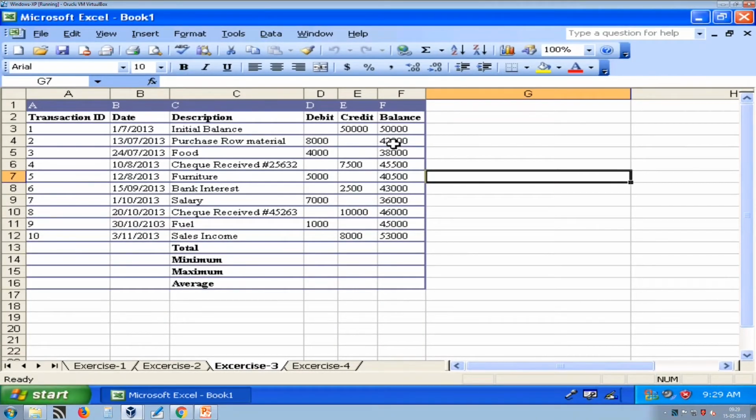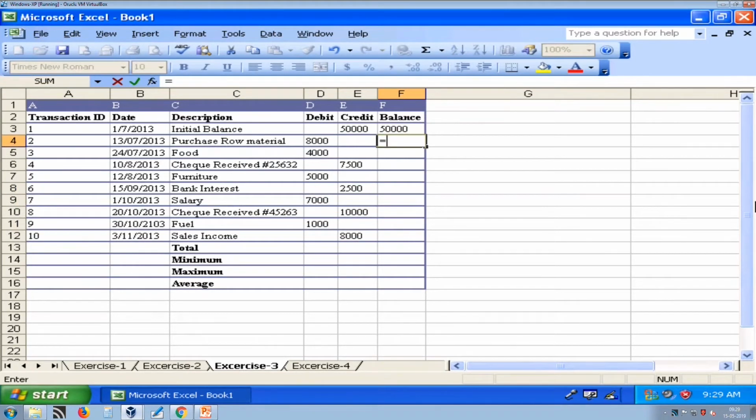So, here is our exercise ready in Excel. As we mentioned earlier, this is our initial balance. Now, how to find out these values? So, here I am going to delete this. These balances can be found by subtracting the debited amount from the previous balance and by adding any amount which is credited on the same day into the balance.